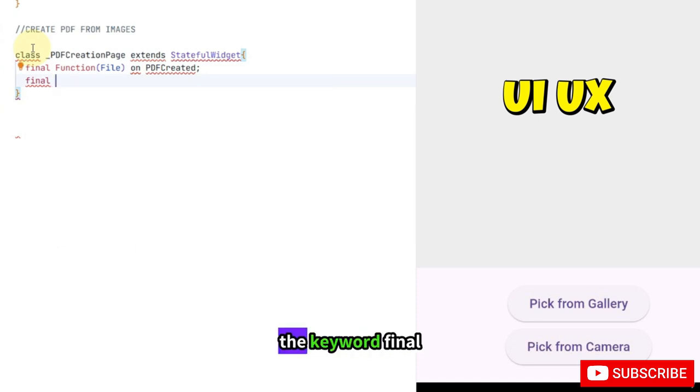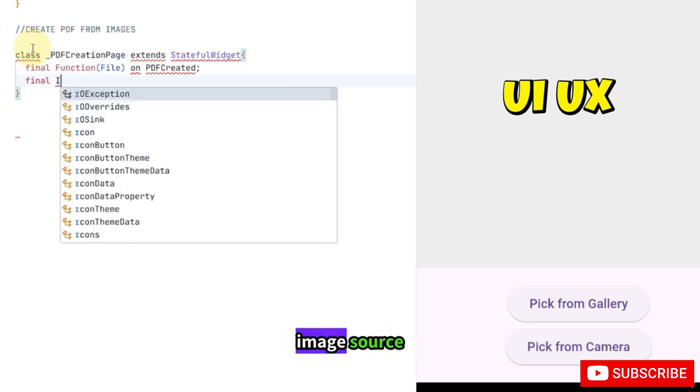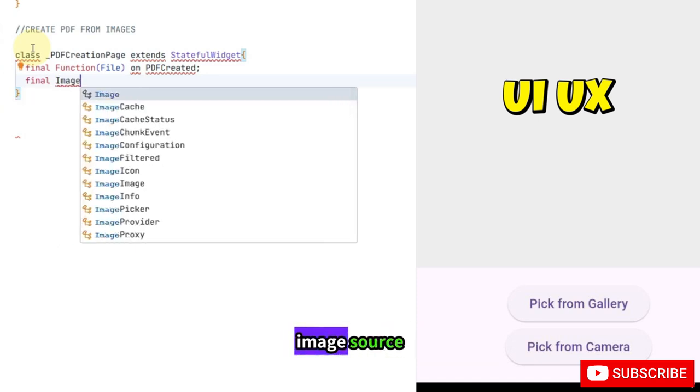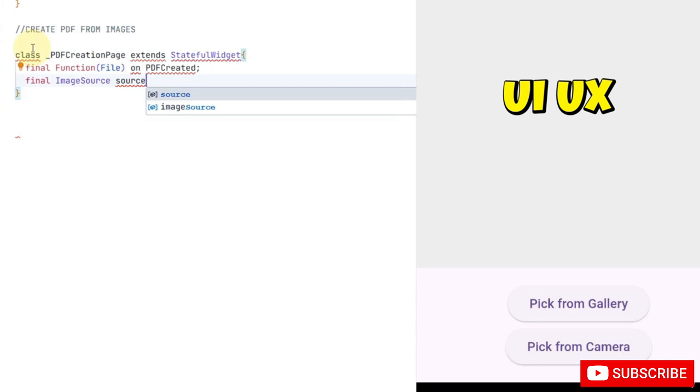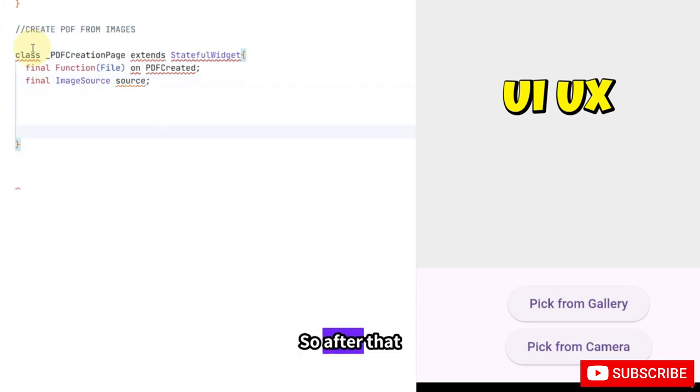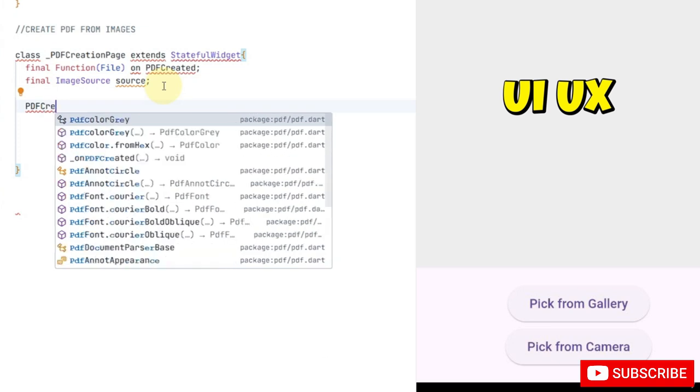And then you have to type the keyword final image source. So after that you have to create the state for the PDF creation. So you have to type PDF creation